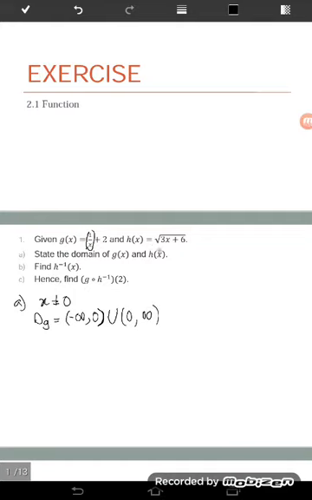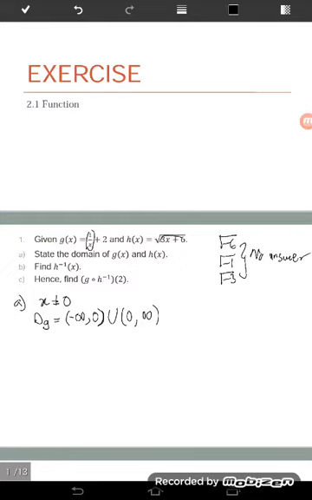And for the second one, h(x), it is a square root function. For the condition of the square root function, inside the square root must be greater or equal to 0. It cannot be less than 0. For example, if less than 0, square root of negative 6, square root of negative 1, square root of negative 3, if you calculate all of these, there is no answer, except complex number.